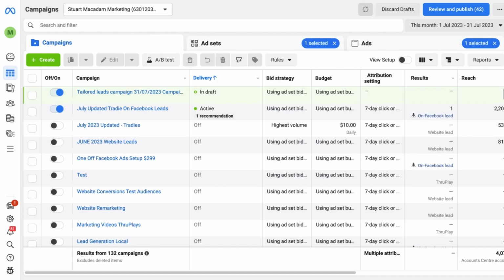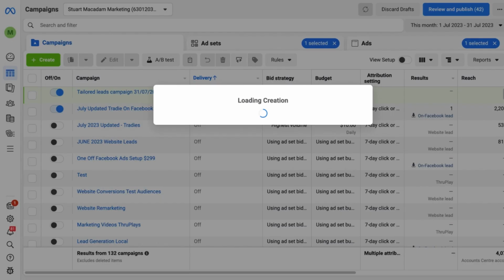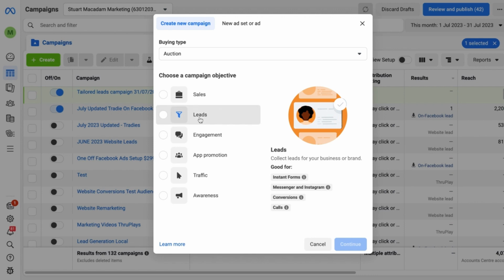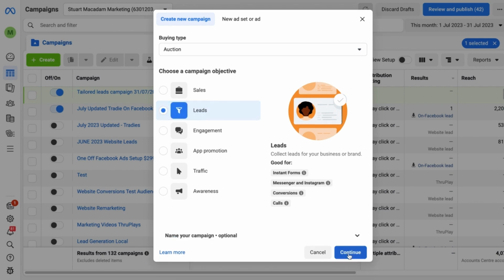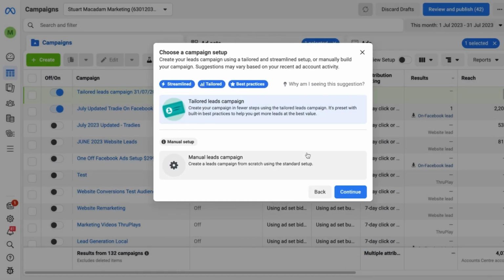Welcome to today's video where we're going to be having a look at what a tailored leads campaign setup looks like. Let's jump in. We want to go over to the Create green button first and click on it, and let's select the leads campaign objective and select Continue. This is then going to give us the two options, the manual setup or the tailored leads campaign. In this example, we obviously want to go for the tailored leads campaign, so let's make sure it's highlighted and